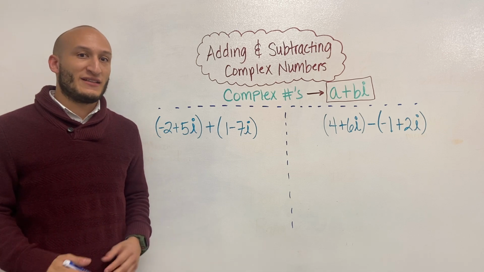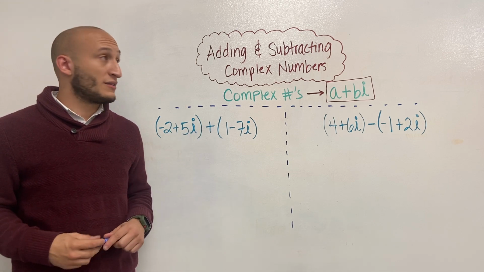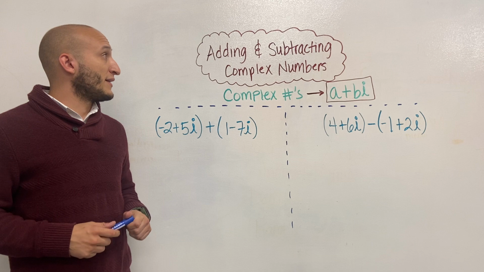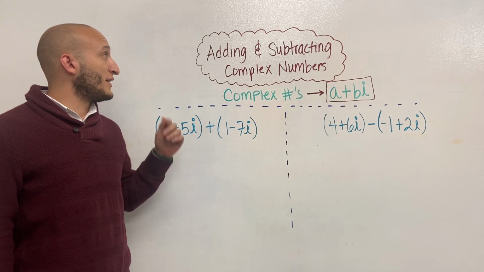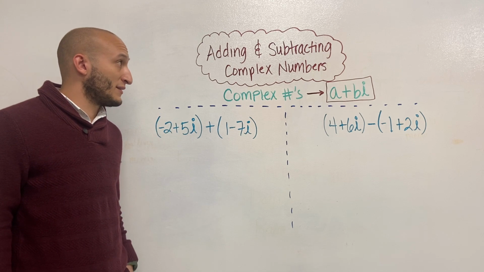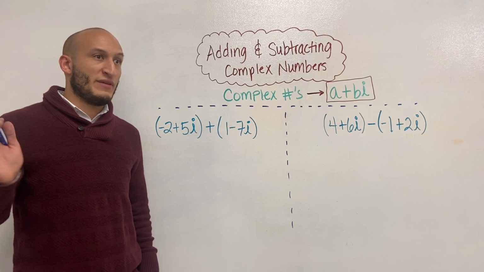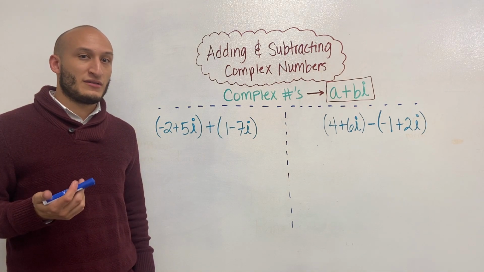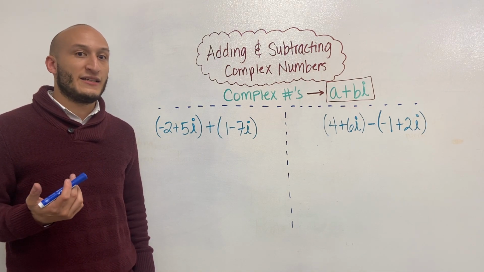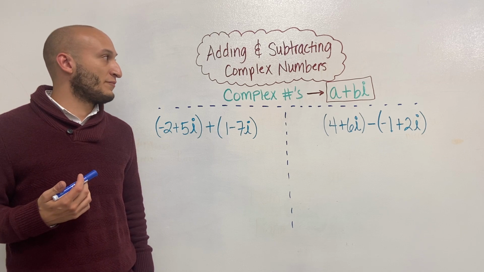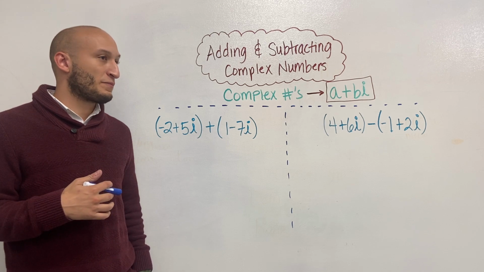Okay, still talking about complex numbers. Now, the second example is adding and subtracting complex numbers. We mentioned imaginary numbers, i, right? i equals the square root of -1. Now, complex numbers